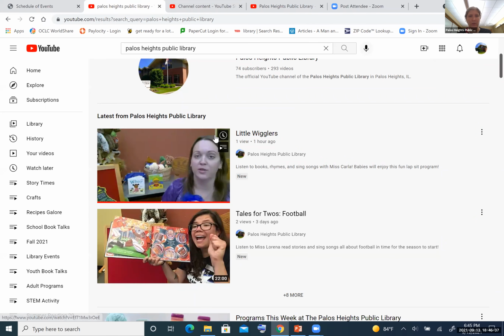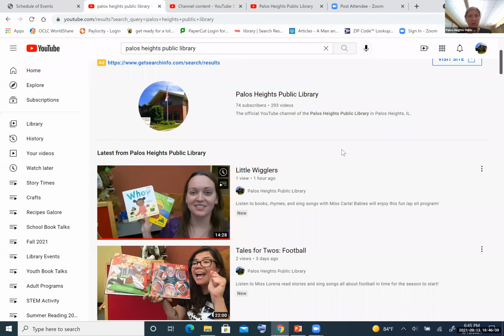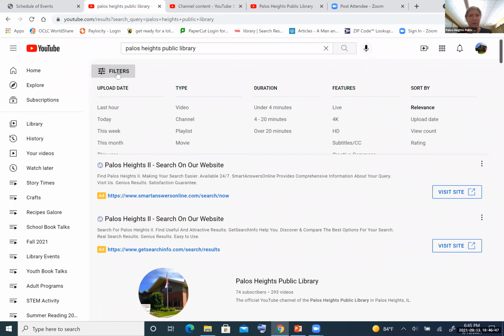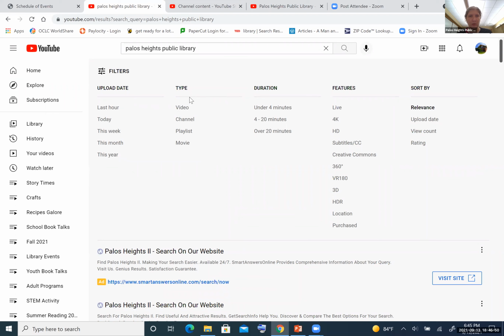And once you wanted to watch a video, you could just click on it and it would open a new page and watch the video. But say you're trying not to find videos, you're just trying to find channels, you can filter what it searches. So you can search just for videos, just for channels, just for playlists, or if there happen to be any movies, you can search just for movies, because there are some movies you can watch on YouTube for a small fee. You can also search by the upload date.